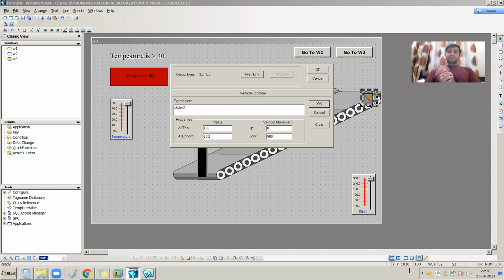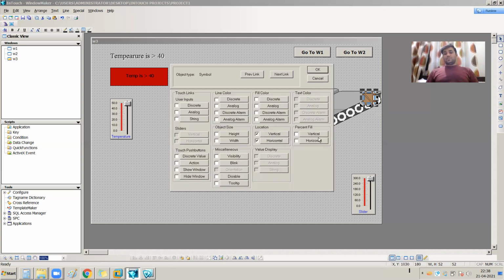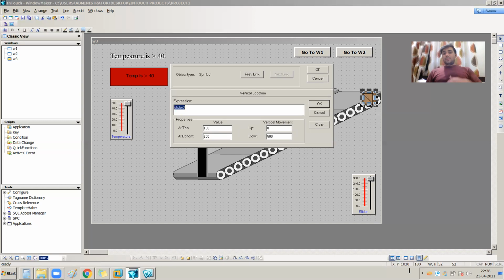Okay, so from 100 to 200, this box will move diagonally. So that's why I am taking 100 to 200. From vertical, top is the 100 position and bottom is the 200 position of my slider.